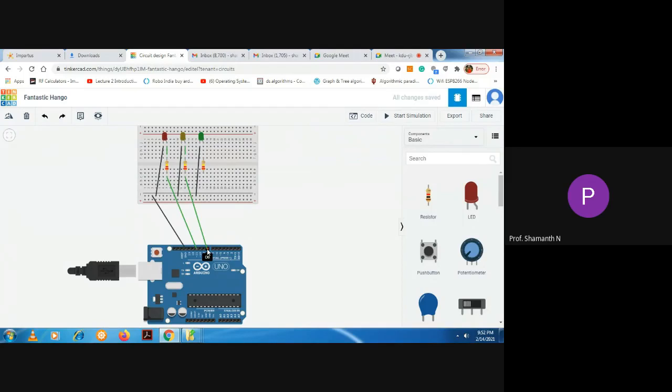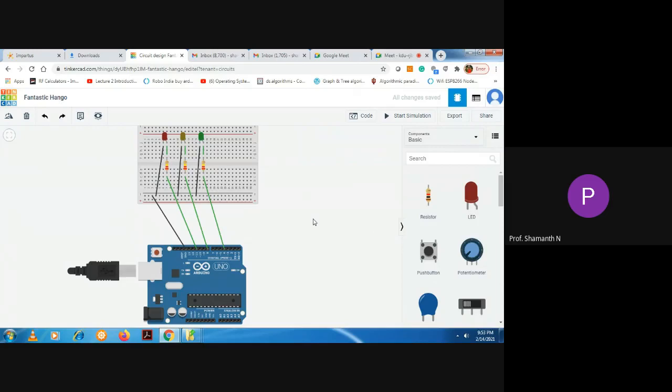You can select any pin from pin number 2 to pin number 13. It's your option, but don't select the same pin. Try to select a different pin. Already I have used pin number 11, so don't select that. Select any other pin. I will select pin number 8. Similarly, I will do it for the third LED also. I will connect the anode pin of the third LED via resistor to, say, pin number 4. So this completes my circuit.